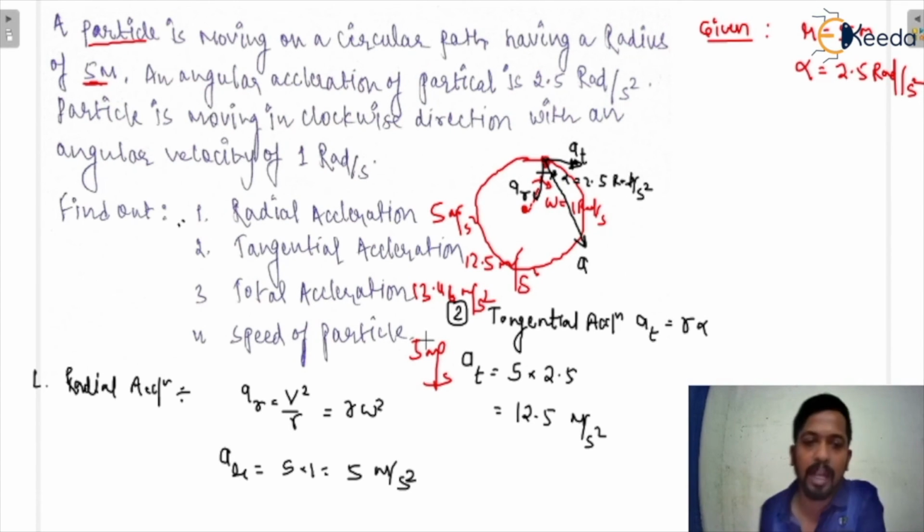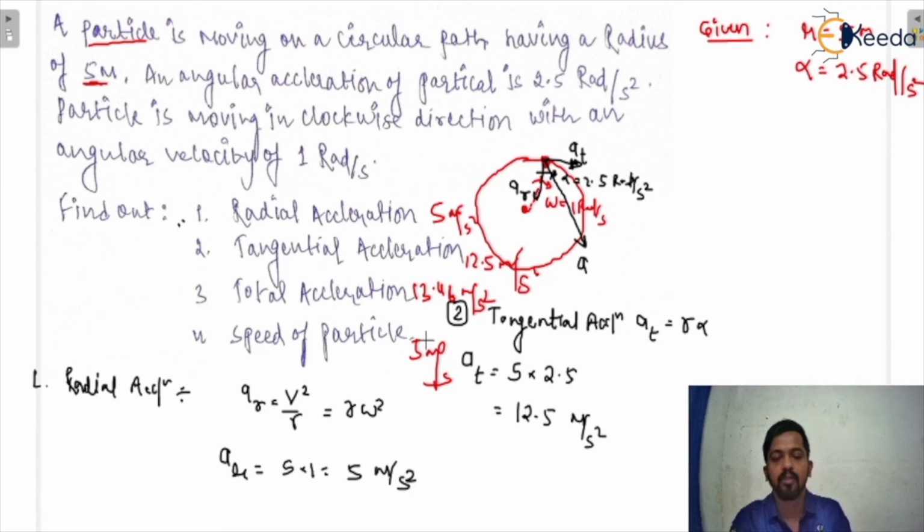Now I hope you understand how to calculate the acceleration, whether it is radial, tangential or total acceleration. You must know the direction of the radial acceleration and tangential acceleration, and we have calculated the total acceleration also. In the other type of question I already covered, the total acceleration and theta are given, so you can calculate the radial and tangential acceleration. And the next type of question is where omega, that means angular velocity, and the angular acceleration are given, and you have to find the radial acceleration and tangential acceleration.